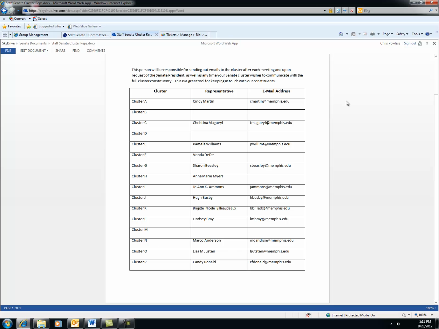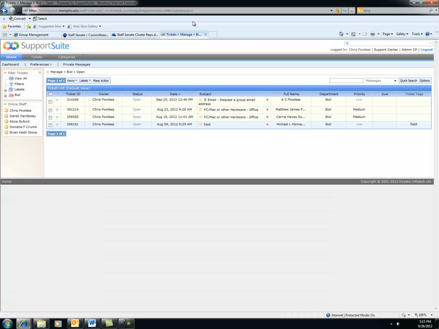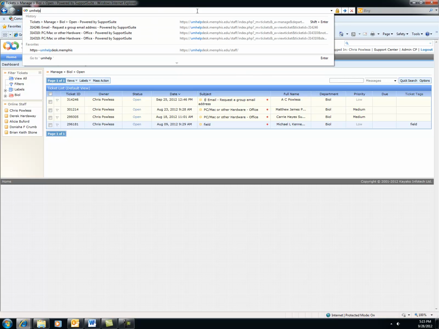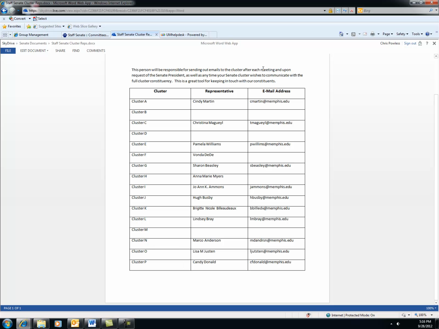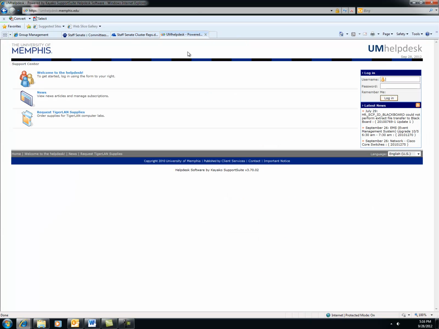Now, if you are on a PC and you do not have Windows 7 and Office 2010, please go to umhelpdesk.memphis.edu and log in and put in a ticket to have your LSP come, and make sure that you have Windows 7 and Office 2010 so that you can have the university standard and work with your email. So here are the representatives, and